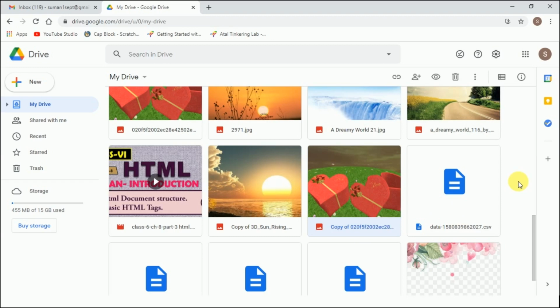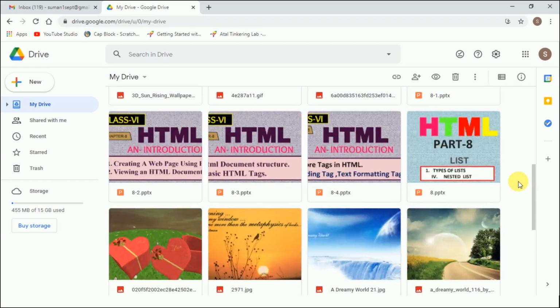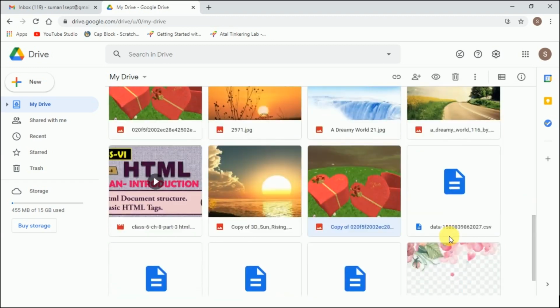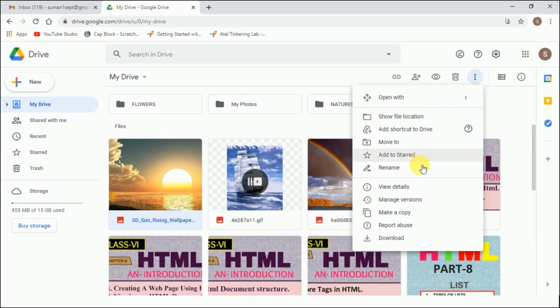Now today's last topic is renaming a file. Renaming a file is again very easy. Now for example, I want to rename this picture. Just click over it and go to the more action. Here we have an option called rename.